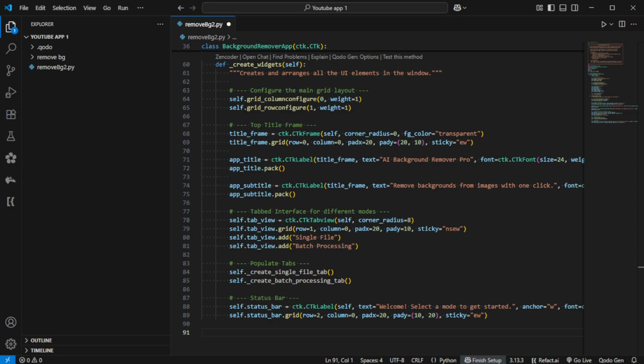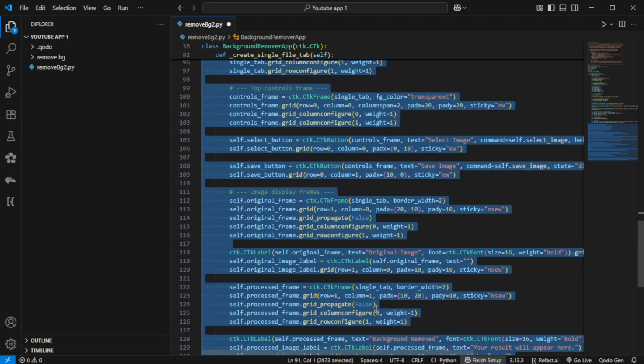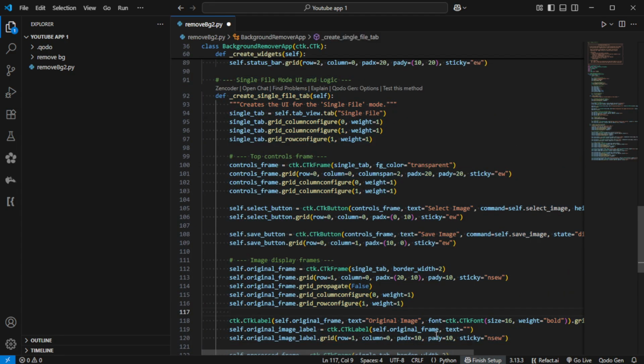self.status_bar saves it so we can update the text later. Creating the single file tab. Building the main interface. Getting the tab container. def _create_single_tab(self) creates the UI for the single file mode. single_tab equals